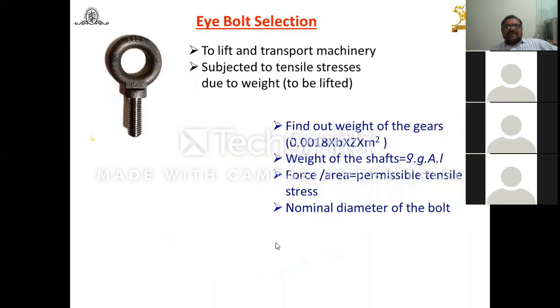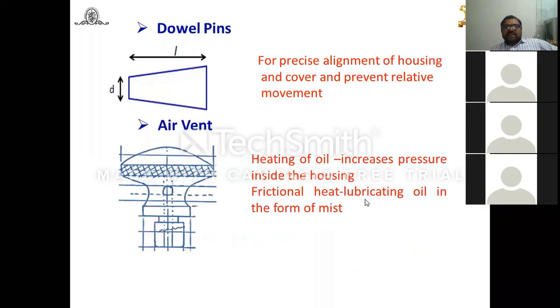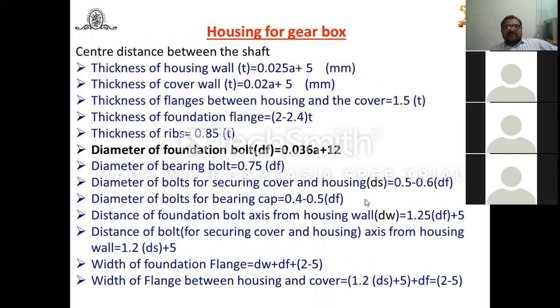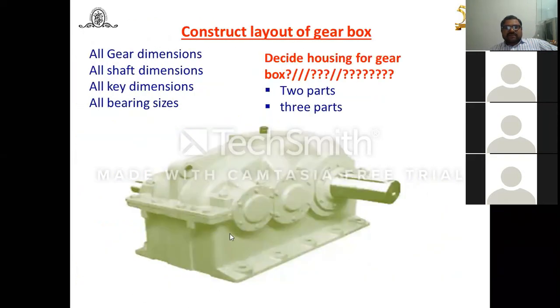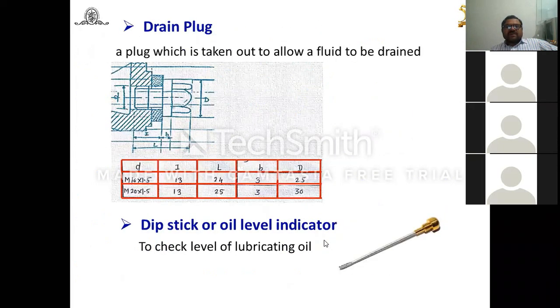Again, here is an important point that you have to take care of while deciding the oil level, its position on the gearbox also. Look at this. I would like to say another important thing. Sometimes, suppose you are going to put the oil level indicator here, but the oil level may be low or may be high, so there should be a maximum level and a minimum level. Accordingly, you can look at its position on the gearbox.